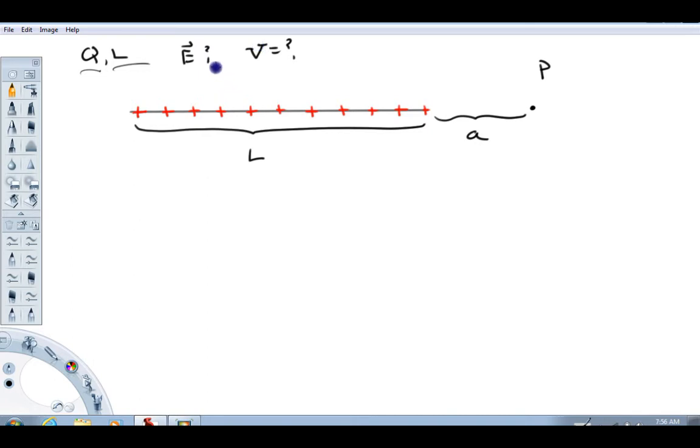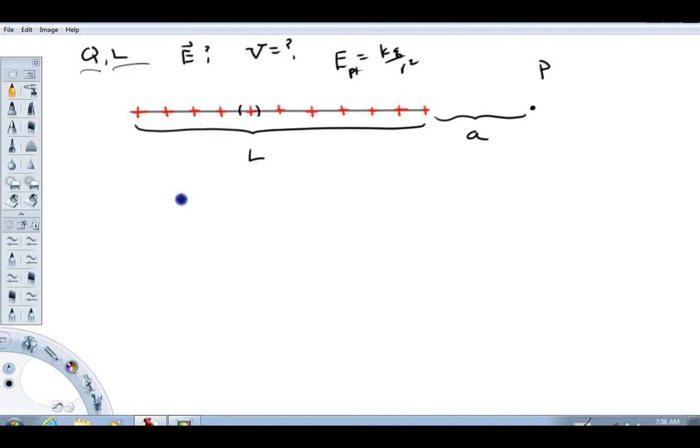All right, getting back to the electric field calculation. The first thing we ask ourselves is, how do we find the electric field? Well, one way is this. We know that the electric field is equal to kq over r squared, but this is true for point charges. This is a charge distribution. What I can do, however, is break this up into little pieces that are point charges. So you have to imagine